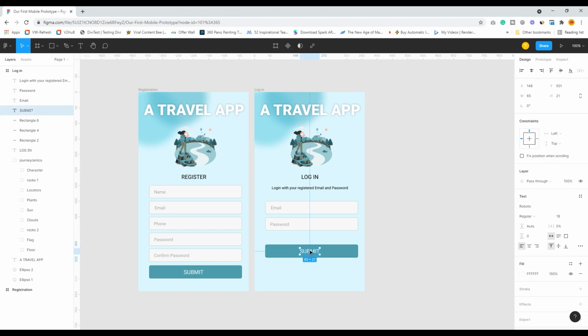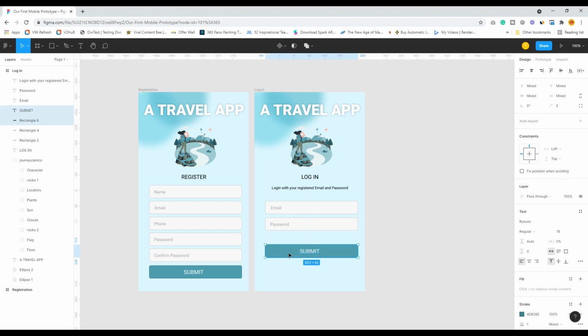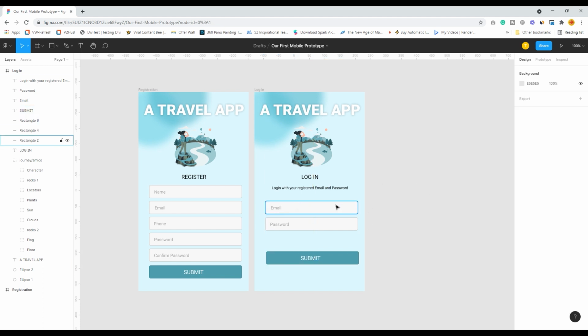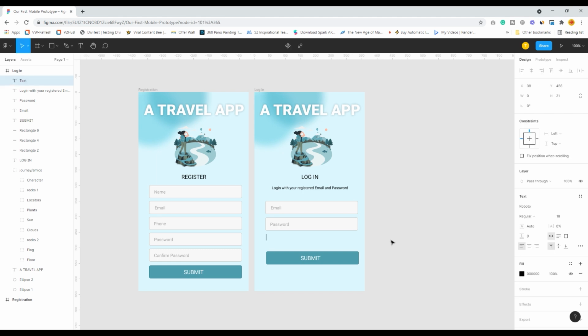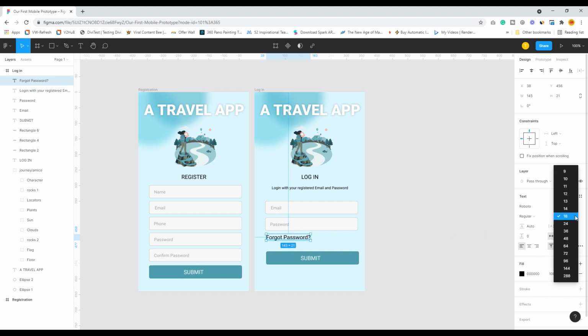Right, I would also require two things. One is a text over here, forgot password, and then I will reduce the size.